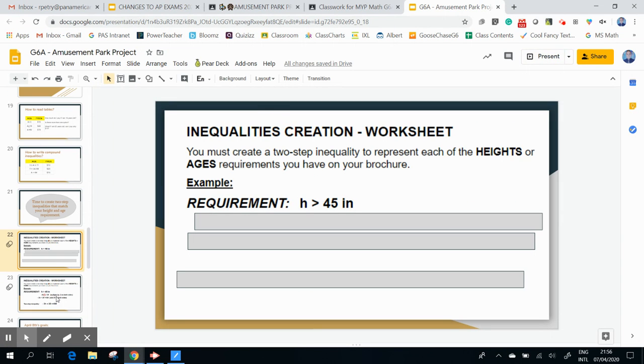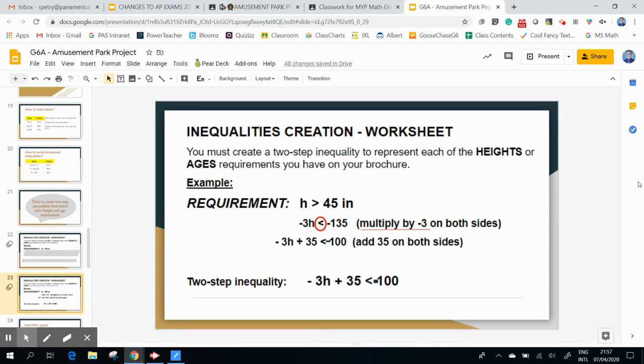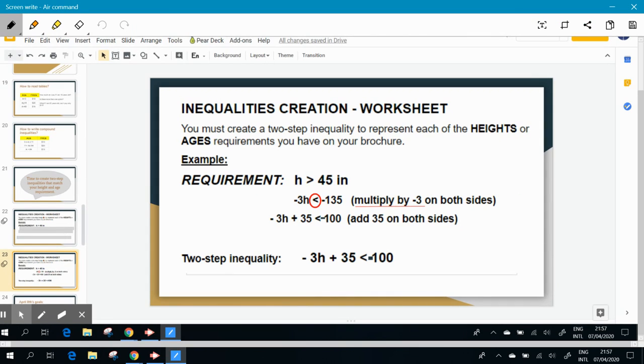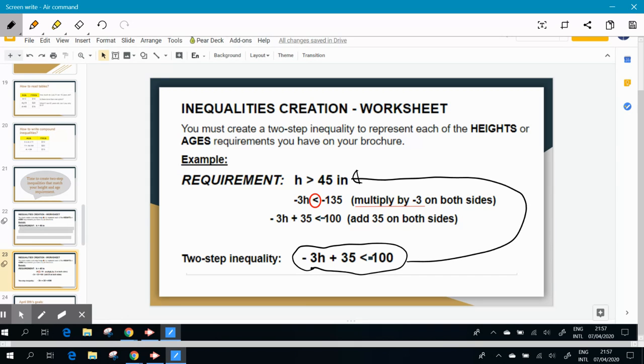So just for you to understand, if I get this question here and I solve it, I get your height requirement. This is the idea. You're actually doing the reverse process, okay, of what you have been doing so far. Okay, this is a really good strategy for you to remember how to solve a two-step inequality. What is a really good point here also is that remember, because I multiplied by a negative number here, I had to